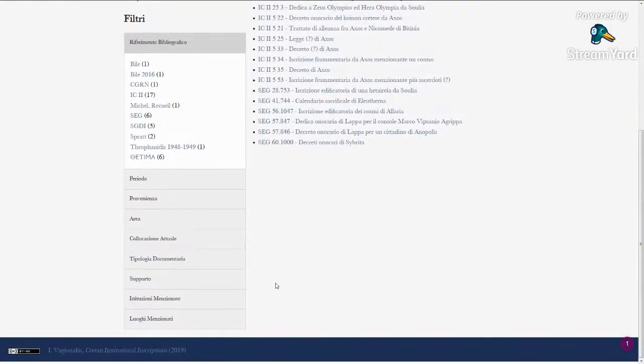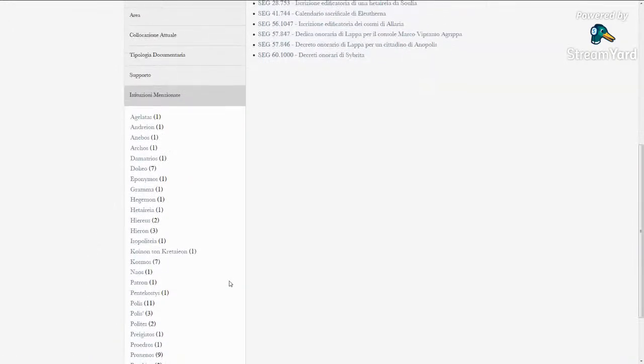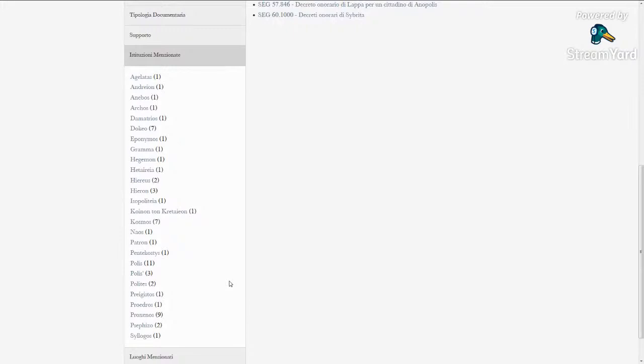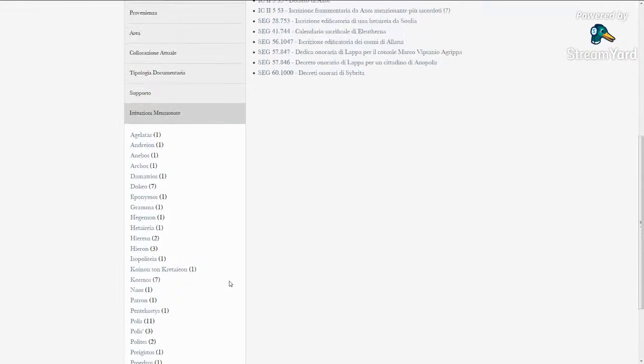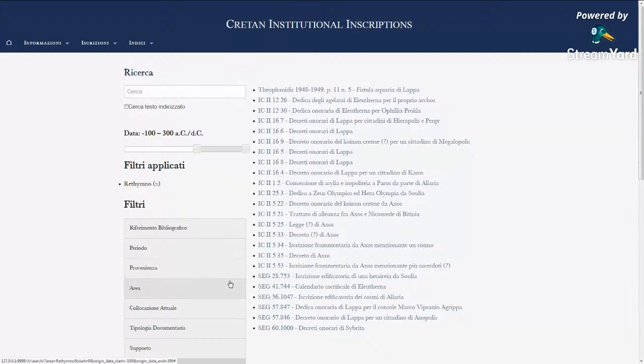She's added a couple of new facets, such as mentioned institutions. I don't really know what these mean, but these are the institutions mentioned in her texts, and so if that was what you wanted to filter this by, because that is the aim of her project, she's added that as a facet. Adding a facet or adding an index is, as we've hinted, relatively straightforward, and it's fully documented in the